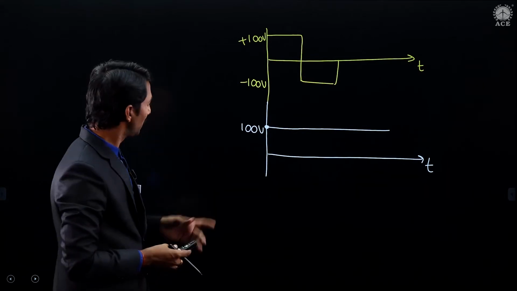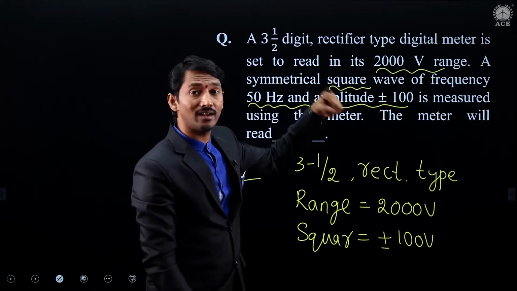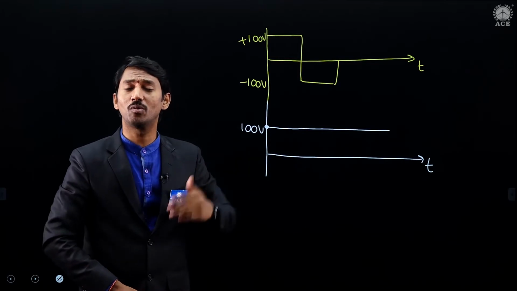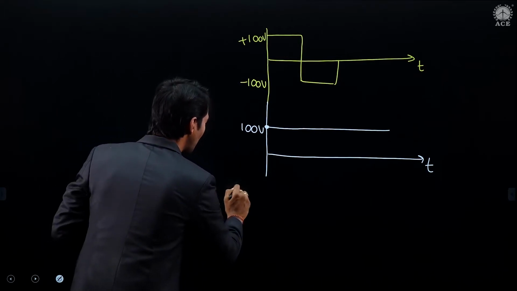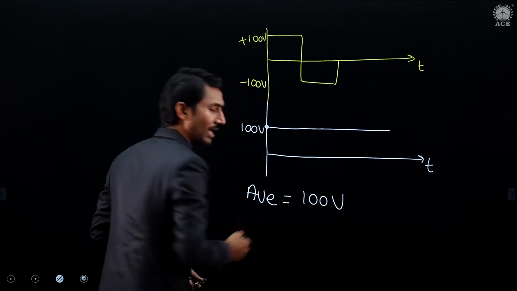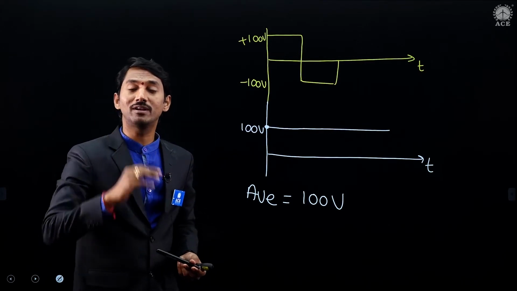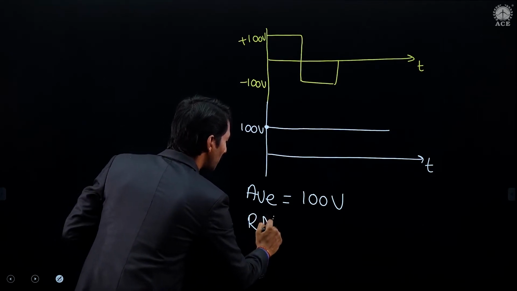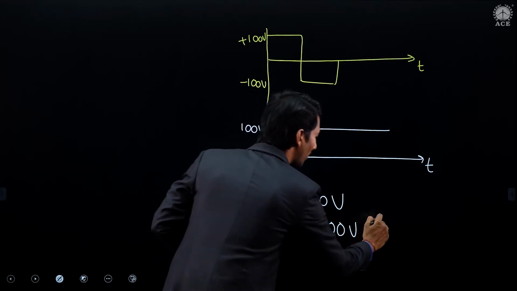Okay, but concentrate. Sir, 100 is the reading we should not write. Why? See, this is which device? Rectifier type digital meter. Rectifier type digital meter means the calibration is correspondingly towards RMS value of sine wave. So that's why the point here is, here average value is how much? 100 volt. Average value is 100 volt. But rectified device means that will be calibrated for which value? RMS value. Therefore, we need to find out RMS value is nothing but 100 volt into 1.11.